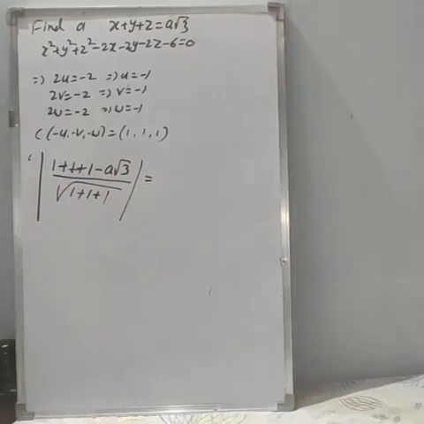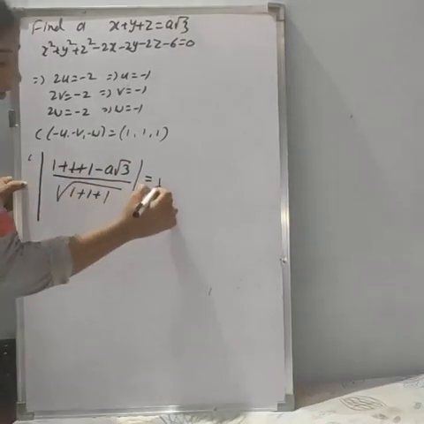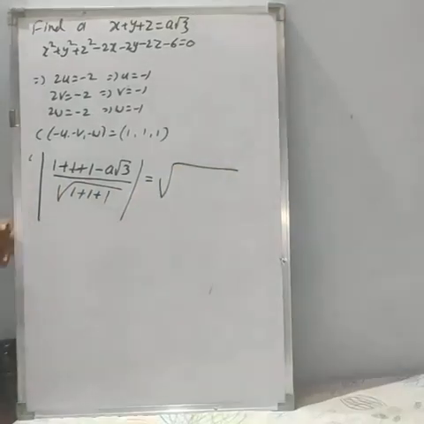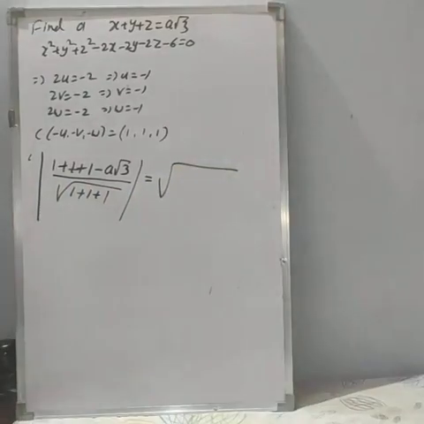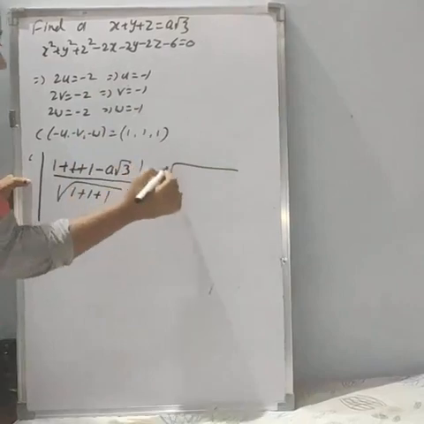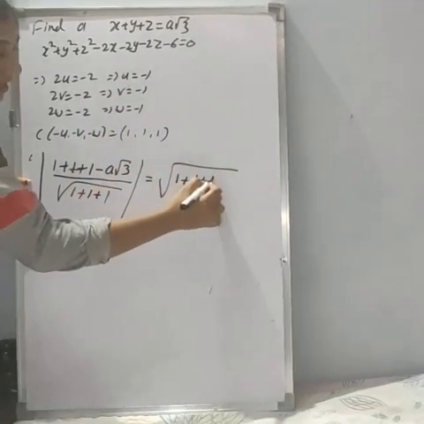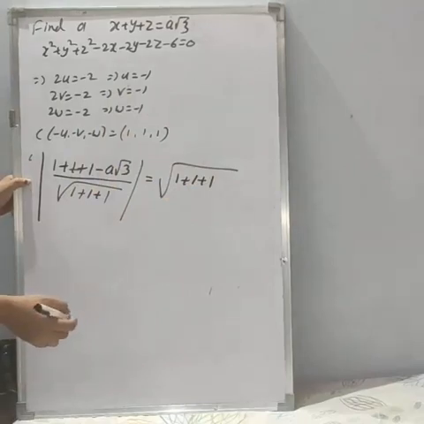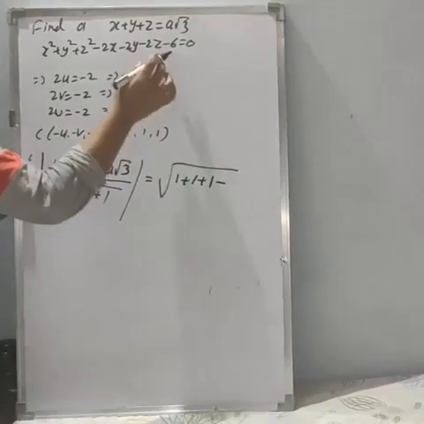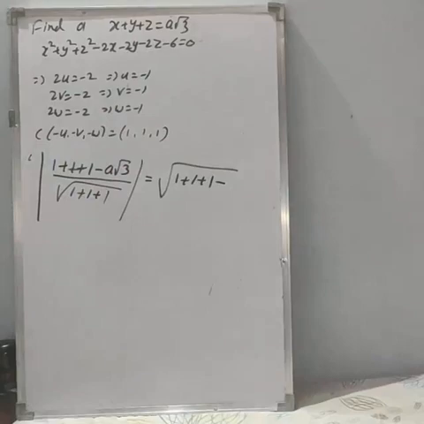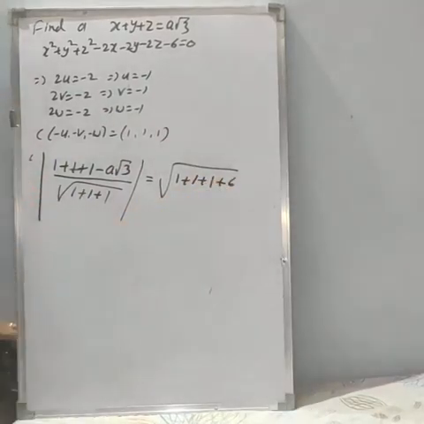It is equal to the radius of the sphere, that is square root of u square plus v square plus w square minus d. So u square is minus 1 square, 1 square. Again minus 1 square, 1 square, minus 1 square, 1 square, that is 1 minus d. And in the equation of a sphere, minus d, the d value is minus 6. So you will get minus into minus, it is plus 6.